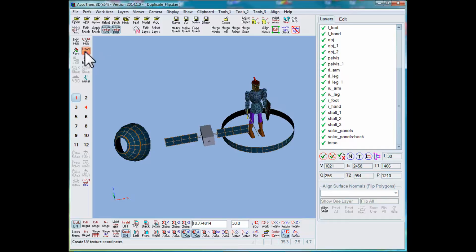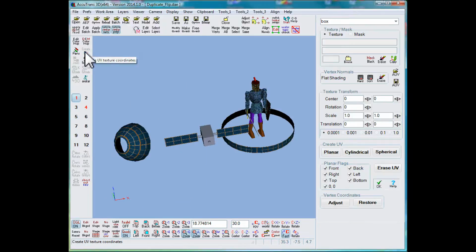This time I'm going to go to the Create UV panel, and now I'm going to have to go in and click on the inside. I forgot again, turn off render one side, go in. We're now on solar panels back, so I'll click that. Our layer is selected. This time I'm going to erase the layer name, and a default texture was applied to